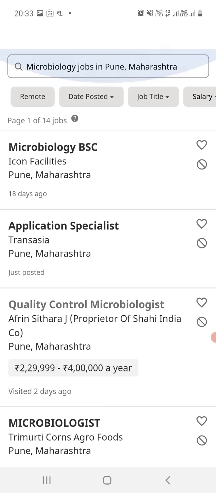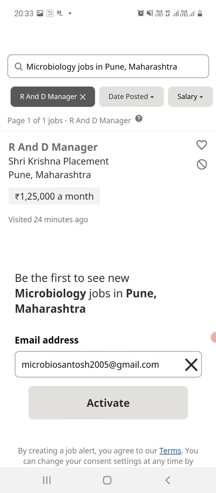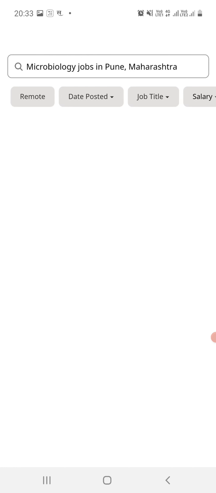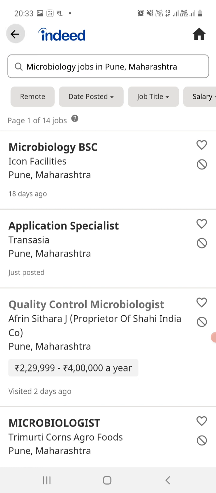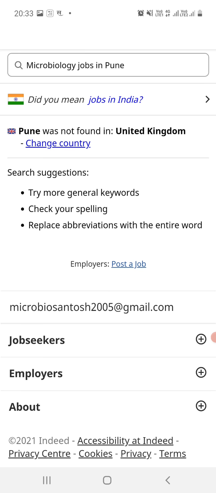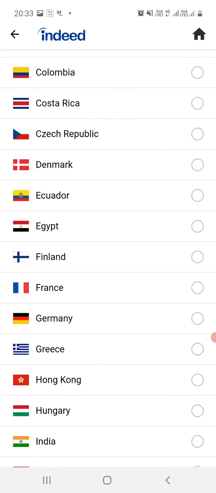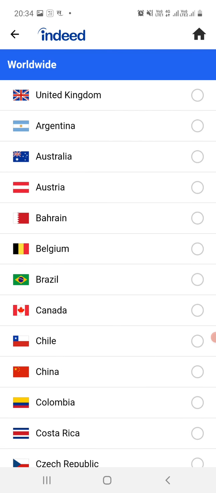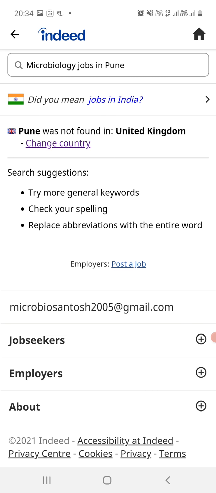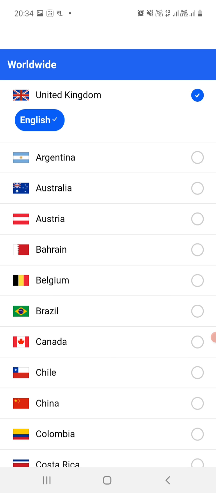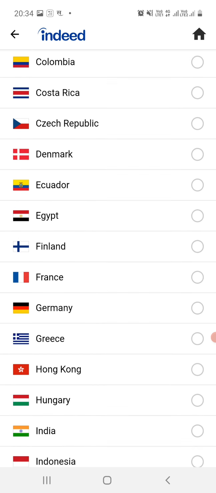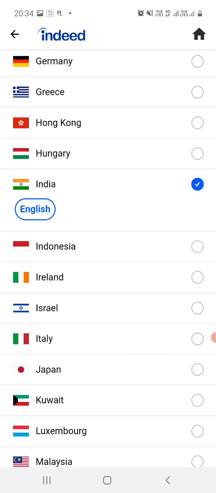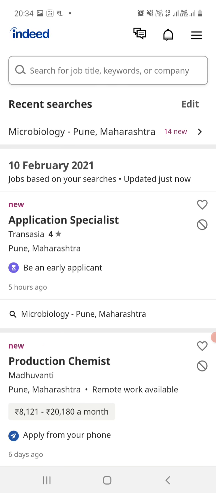Here again, if you want to search, you can change the location or all these things. Suppose you want to change the city, for example. Here we can change the country from here. India I have set here now. You can search jobs in many different countries here. So we have changed the country here, and again you can change that country, and that is India. Now that we have changed the country, you can search the jobs in different locations.